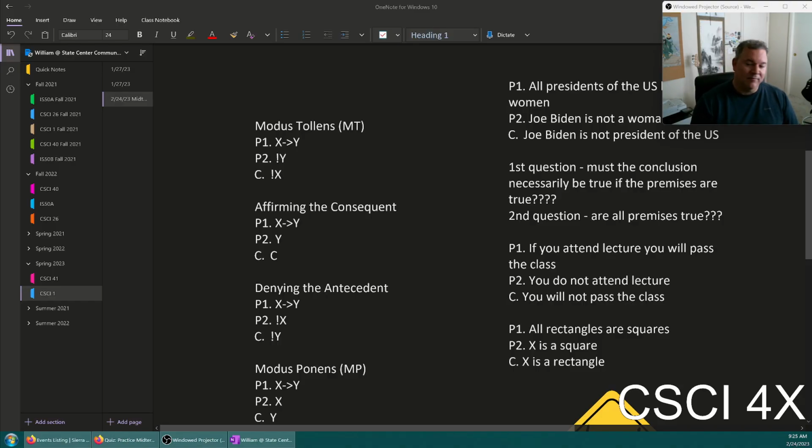Okay. So this is invalid. The conclusion does not follow from the premise. It's also not sound either, because it is not the case that all rectangles are squares. If the premise is wrong, it cannot be sound. Even if the logic worked, it would be valid but not sound, because it is not the case that rectangles are all squares. Some rectangles are squares and not all of them. Okay? All squares are rectangles, but not all rectangles are squares.